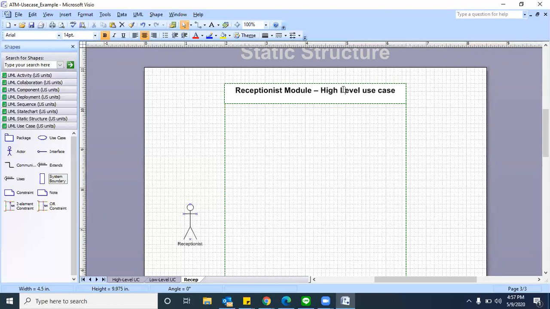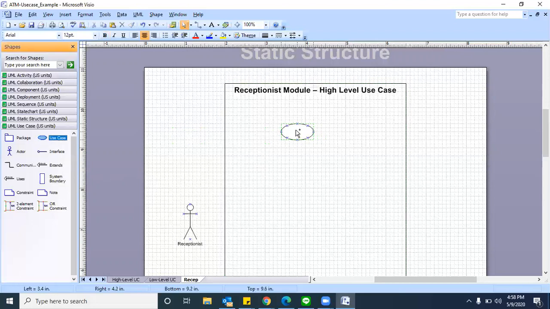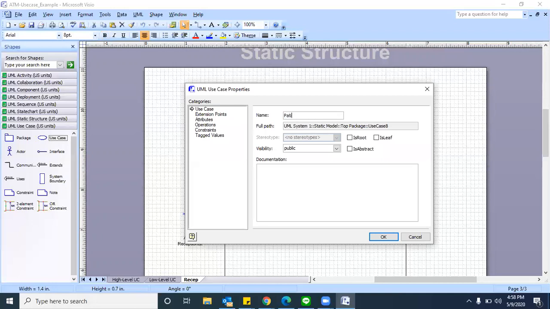Patient registration. First, patient registration is a use case for us because patient registration is possible with the system, right or wrong? Correct. He can enter some details and do the patient registration, right? So straight away we can take one use case called patient registration. He's going to do patient registration, right?